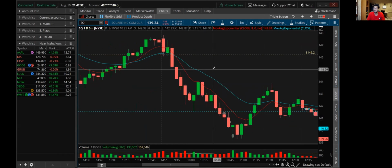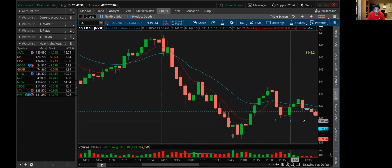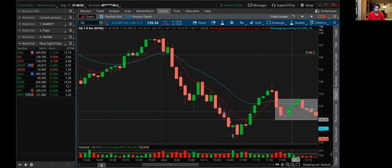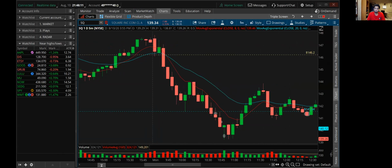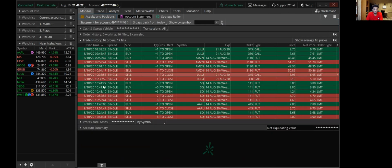So I end up putting in about 2 or 3 grand in puts. However, it's kind of technically considered chop. Why is it considered chop? Because of right here. It's not really breaking out of that range. It still could form a higher low, which it did, and it ended up not breaking out, and I hold way too long, and I exit at 12:44 on this candle for a $550 loss, bringing my total for the day at